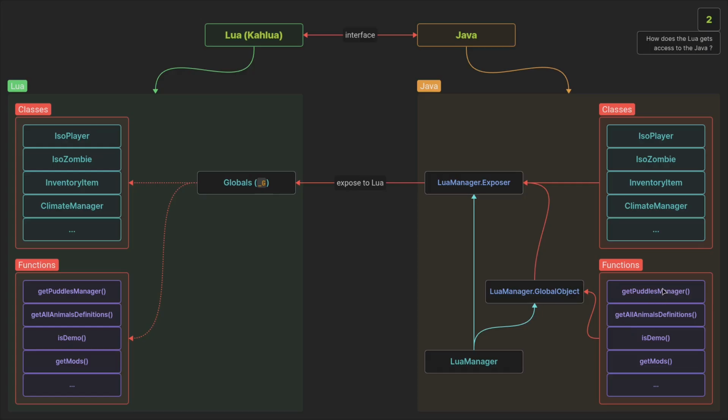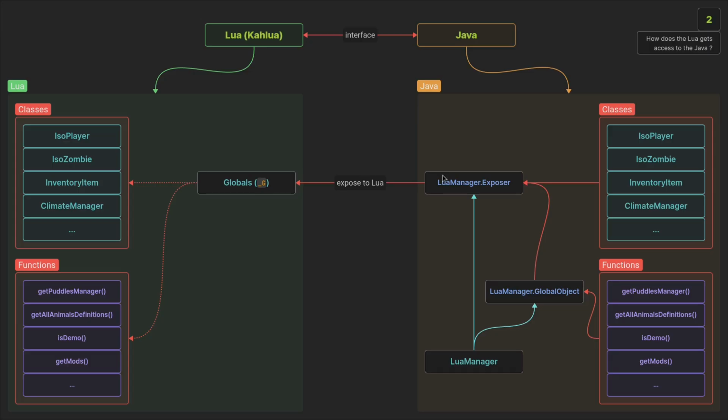So in this case, the puddles, animal definitions, checking if the game is currently in demo mode, getting mods, and a bunch of other global functions. This nested class defines those functions, and the exposer takes the global object class and functions and exposes them